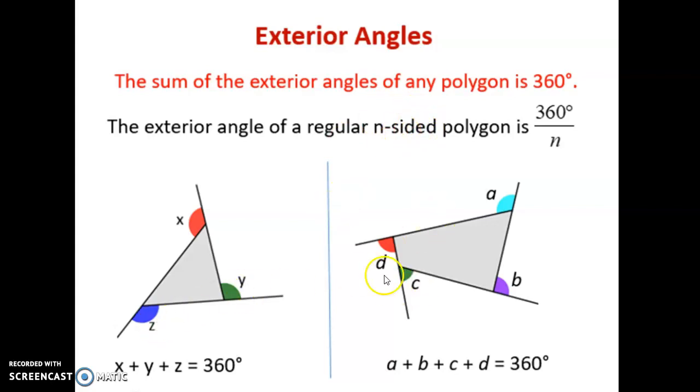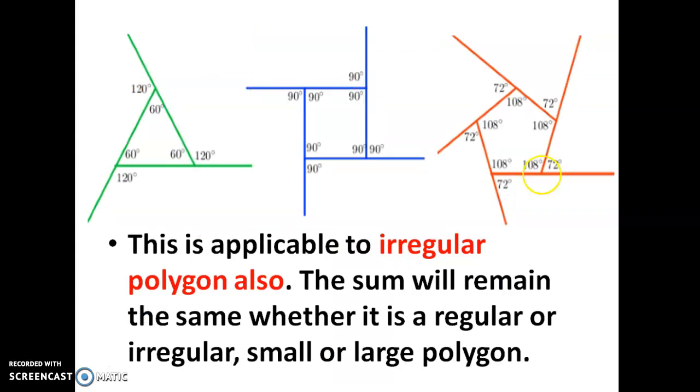So here both the figures are not regular polygons. All the angles are not the same, all the sides are not the same, so this is not a regular polygon. When you have all sides and angles equal, that is called a regular polygon. Then we can use this formula to find the exterior angle. All exterior angles will be the same in that figure. That's why we can use it only for that figure. Here are some examples: this is a square, this is an equilateral triangle, then this is a pentagon, just for reference.